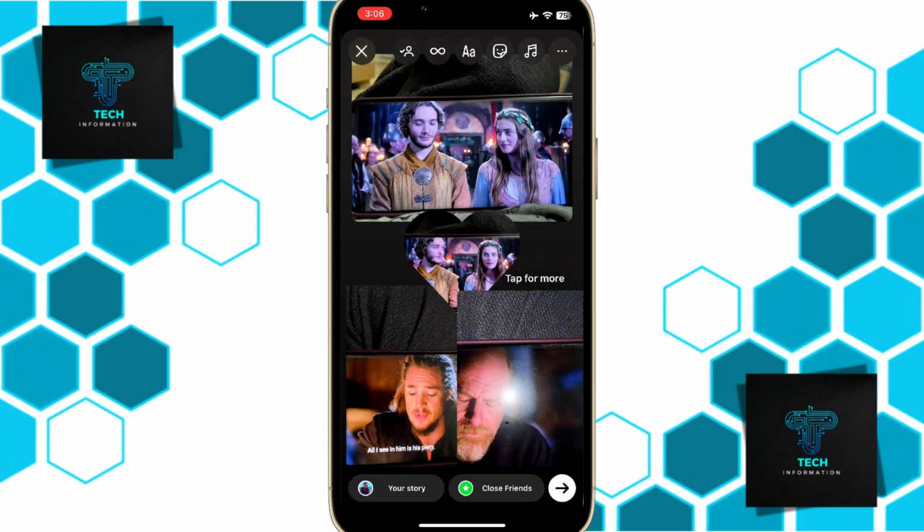Now if you tap and drag it to the front, you can either add a music or whatever you